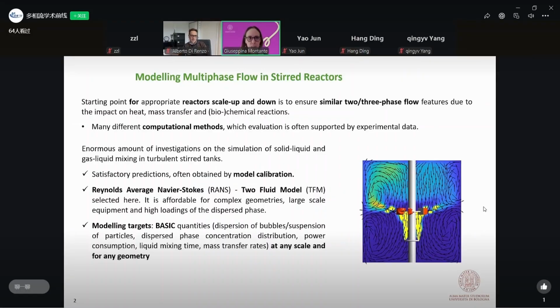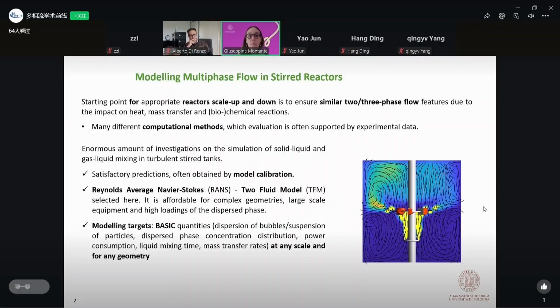reactor performances. We have a number of different computational methods available nowadays that have been developed with the support of experimental data for validation, and we can find an enormous amount of investigation on the simulation of solid-liquid and gas-liquid mixing in turbulent stirred tanks. This is clearly